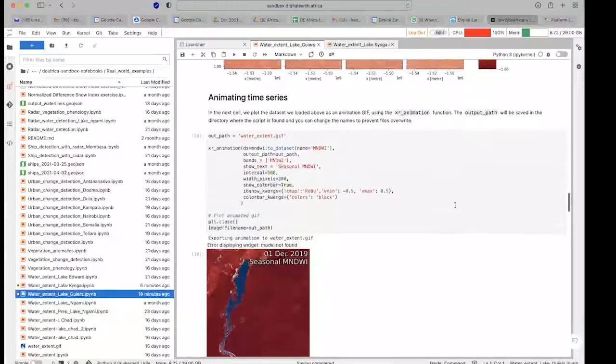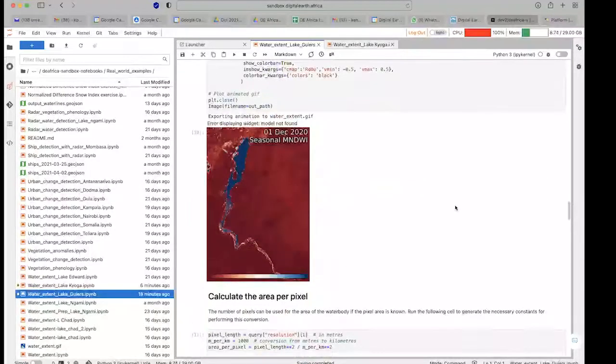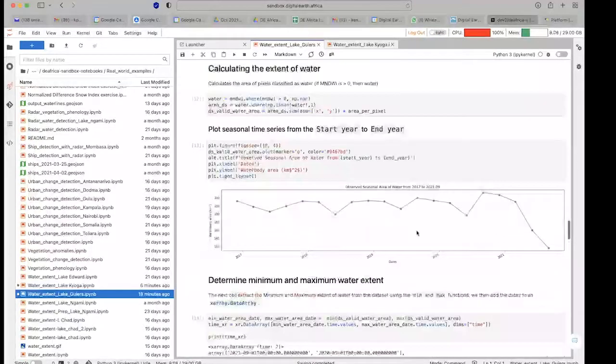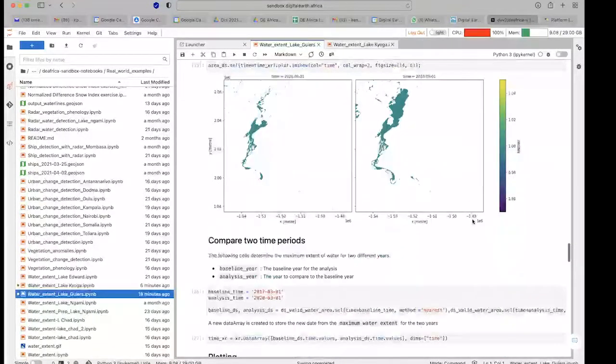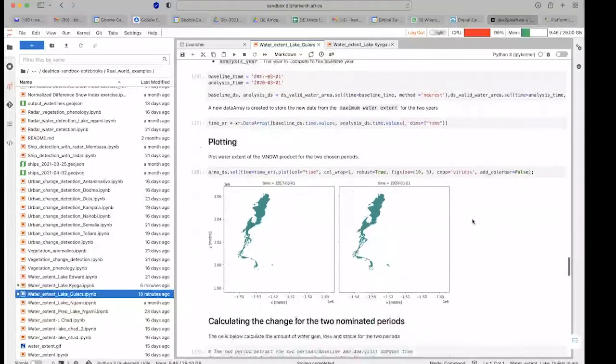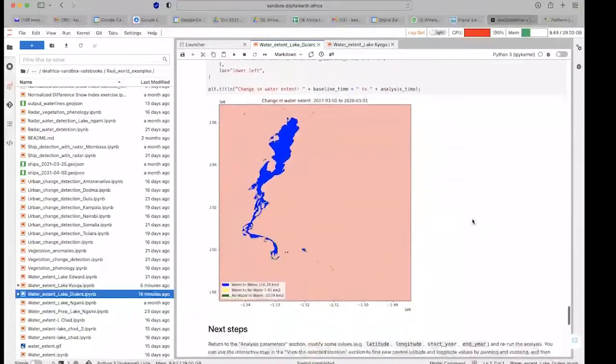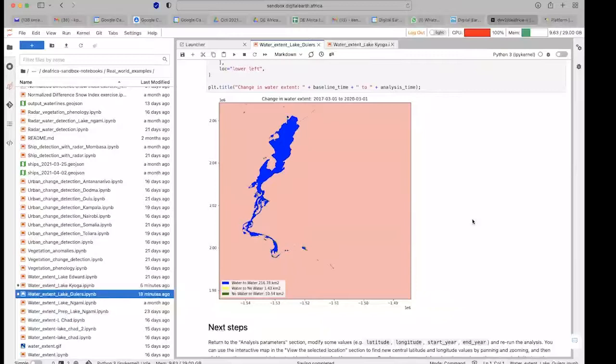And also you're able to generate a small animation, which you can actually use in presenting your work. Very good, engaging also with scientists. And finally, you can even get a graph of how things are looking on the ground. And you can also get a comparison between different dates. And finally, you can come up with this very amazing summary, which gives you the changes of the water in terms of the size. So I think we are just trying to showcase how Digital Earth Africa can be useful